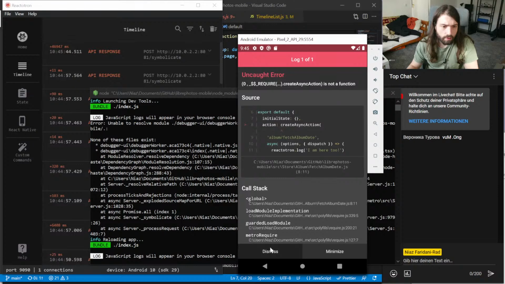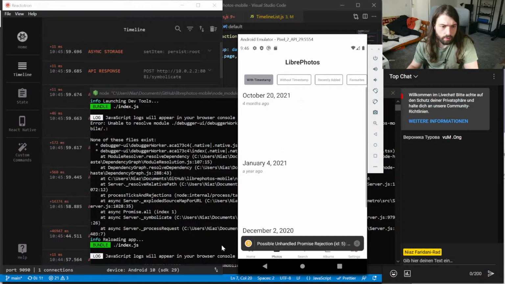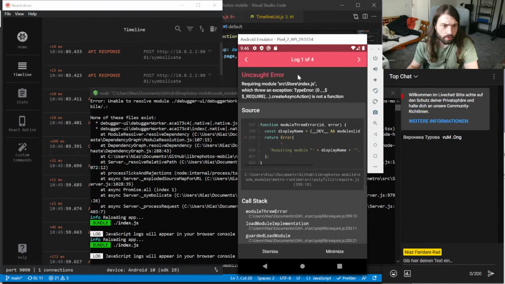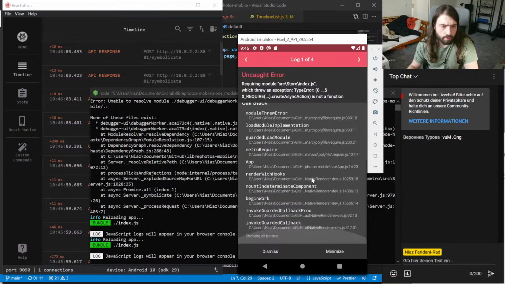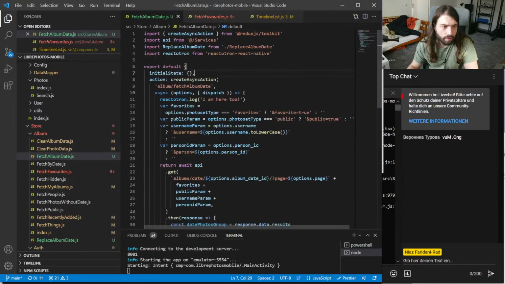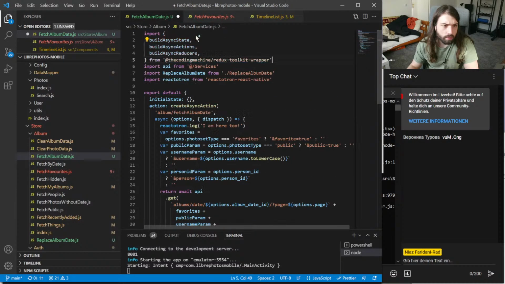Async action is not a function. Dismiss. Reload. Create async action is not a function. What the heck? Okay, it's from Redux toolkit wrapper somehow.